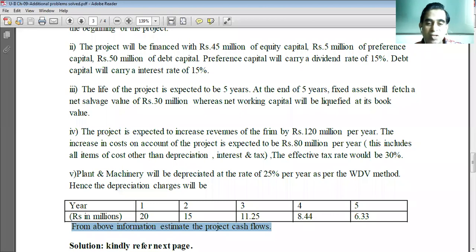And such a problem can also appear for a 20 marks case study. Remember, a little bit of attention and practice can fetch you 20 marks straight away, because this is a numerical. If your answer is correct, full 20 out of 20. Remember this.